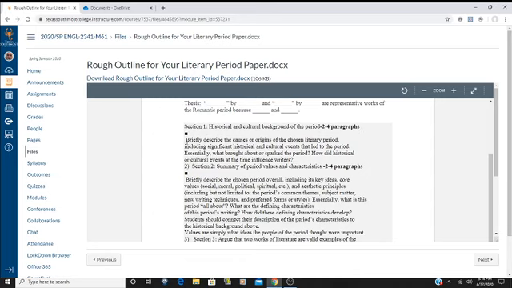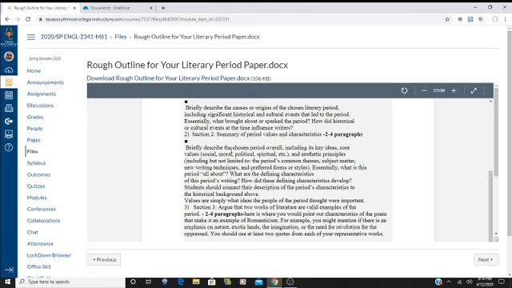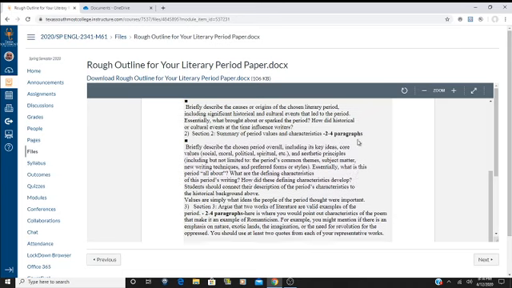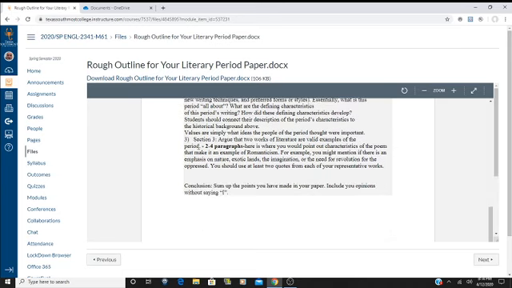And then you're going to have section 1, which should be 2 to 4 paragraphs. And you can use those articles on Romanticism that I gave you and put those citations in there. And I'm going to show you about citations in just a minute. Section 2, the summary of the period values and characteristics, 2 to 4 paragraphs. And section 3, about the 2 works of literature. And this is where you'd have a fact or 2 about John Keats and his life, and William Wordsworth and his life, and you would talk about both poems, all right? So I would have at least 2 paragraphs about one poem and 2 about the other.